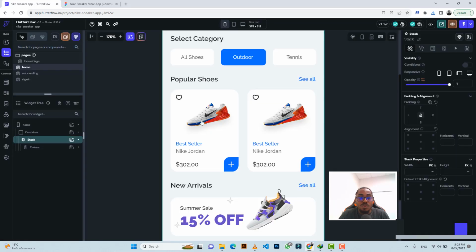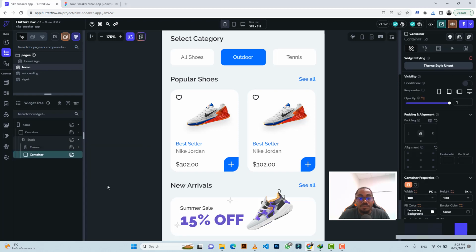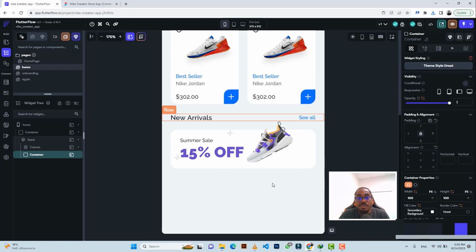Alright, that's the only way around it. And then in the stack now we can add a container, so that we can put something on top of it. So a container, and the container is going to stick to the bottom here. This is it. So I had to click on this to stick it to the bottom, align to the bottom